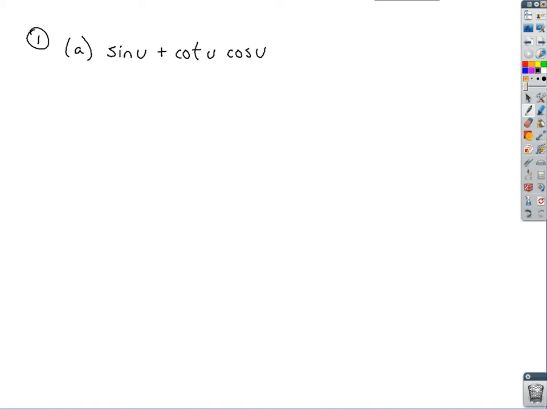the cosine of u, what I would do first is change any trig functions that are not already sines or cosines over to something that is in terms of sine or cosine. Notice I've got the cotangent of u. The cotangent of u is equal to the cosine of u over the sine of u. So I would convert that over. Now this cosine of u that's multiplied to that, I would leave as is, since that's already in terms of sine or cosine. I would also leave the sine of u the way it is and just add that